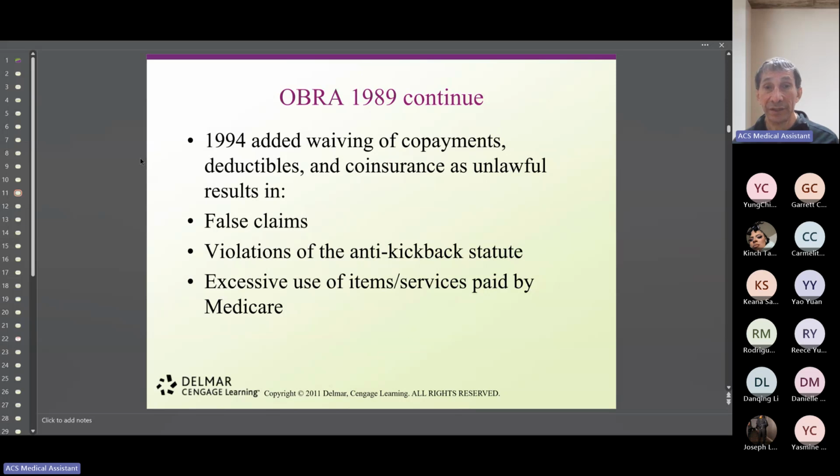So once again, if your medical doctor is waiving it, it's not that you don't have the money to pay, or that you're going to say, okay, I'm going to pay next time. But they're going to say, no, you don't have to pay the copayment. That's fine. And you don't charge it to your patient. You don't charge them because you don't want them to leave your office. Because remember, when it comes to payments, we do a lot of things for money.